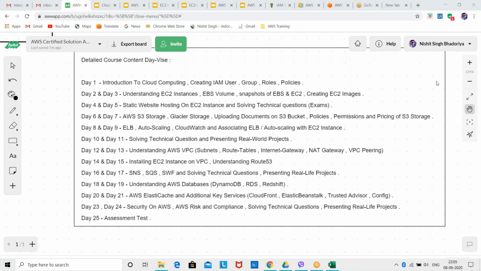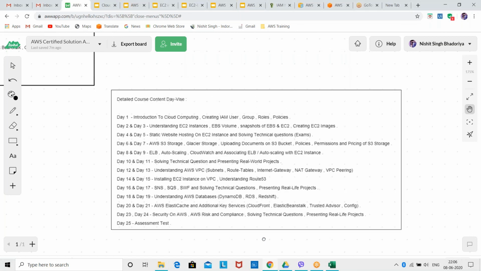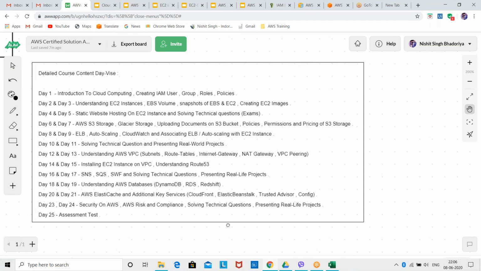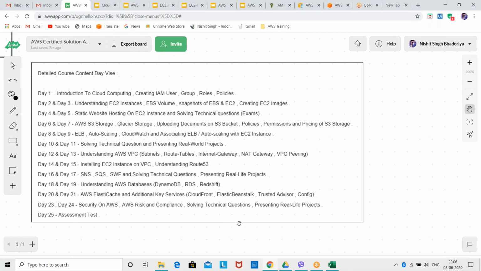One quick question. What services have you mentioned in our day-to-day schedule, the course content? Are those the services for the solution architect exam, or do we have some other services? AWS services are very vast. These are all the services which everyone uses in the real world.